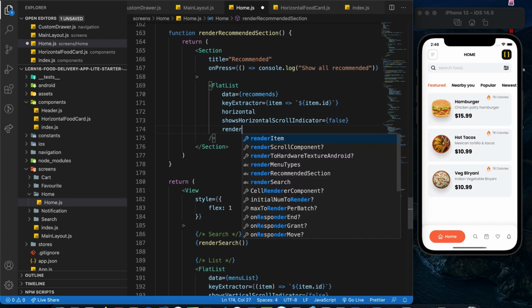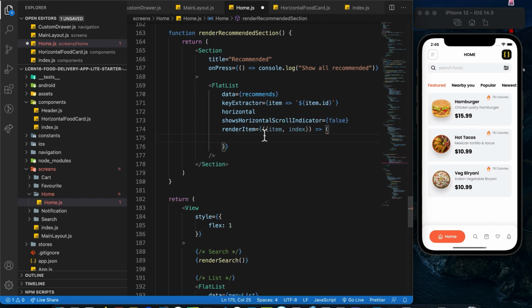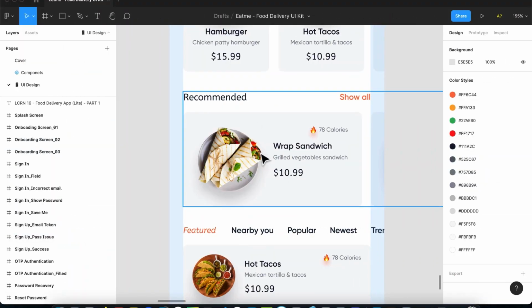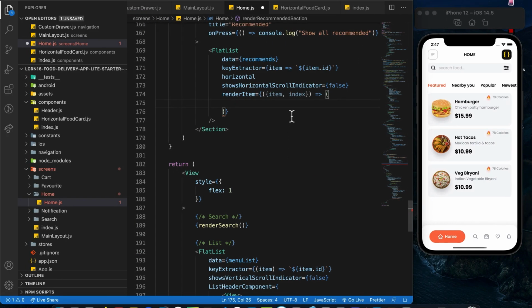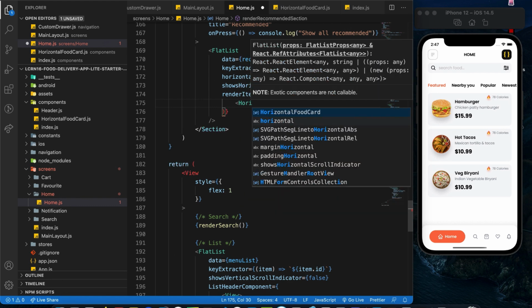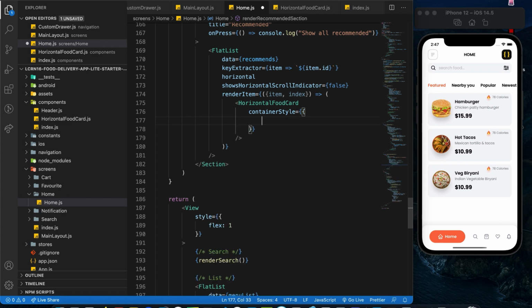And for the renderItem prop, same thing. We have item followed by index, and then we have the arrow function. And for this, since it is actually quite similar to what we have over here, we are going to make use of the same component, which is the HorizontalFoodCard. So over here, I'm going to return HorizontalFoodCard like that, where the containerStyle is going to be